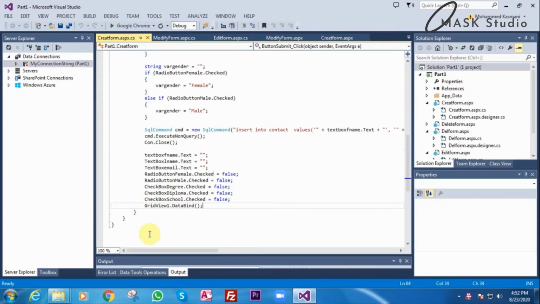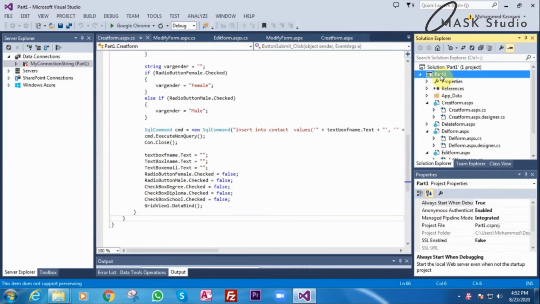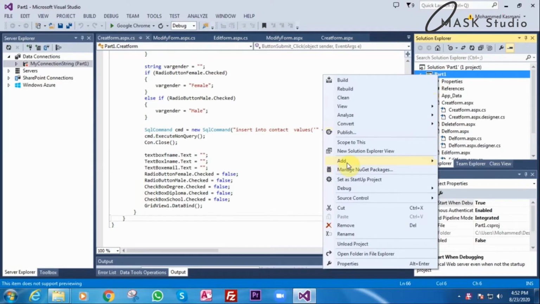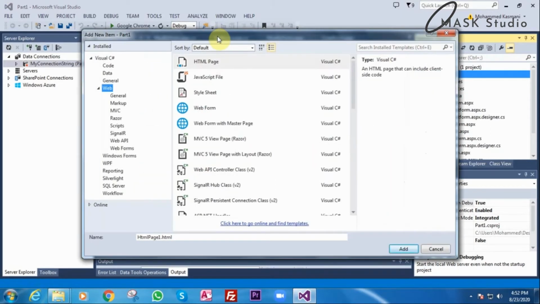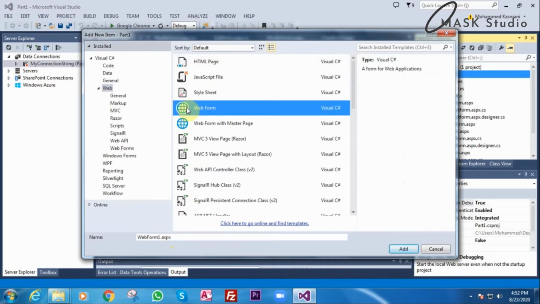For that, I will go to the right, Solution Explorer, right click, add, new item, web.